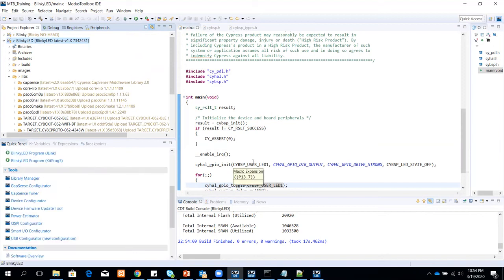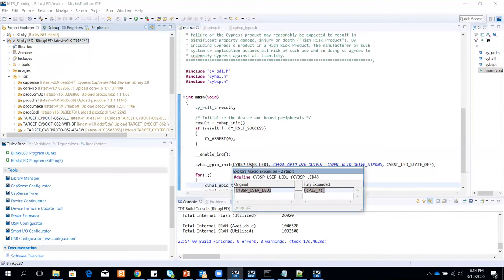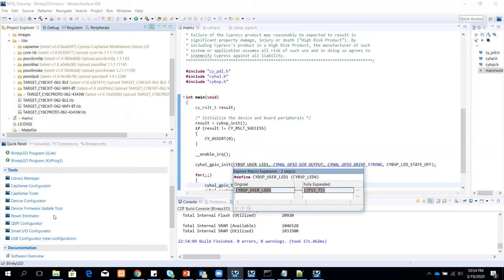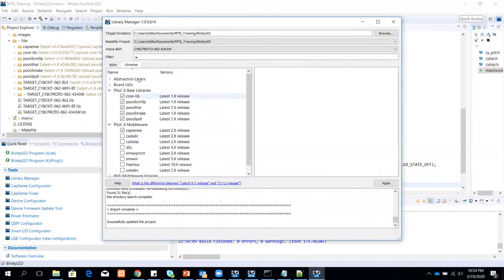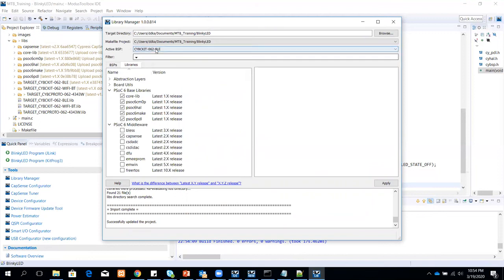So here you will see if I hover over CYBSP user LED1, it points to 13.7, right? And this is basically the pin assigned to the LED on the proto kit. And now I want to go to the BLE kit which is connected. So I have it here already open. So I'll choose the active BSP as the BLE kit. Okay, and I'll click on apply.